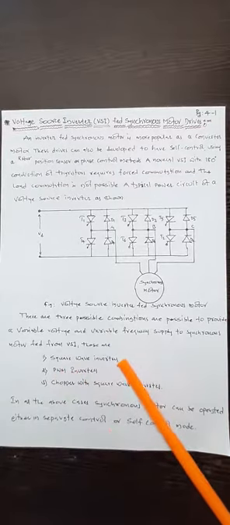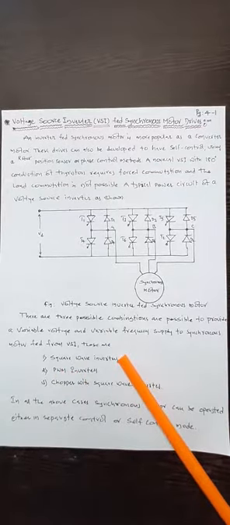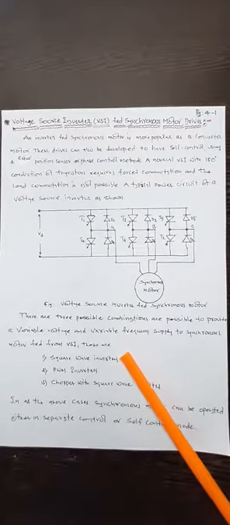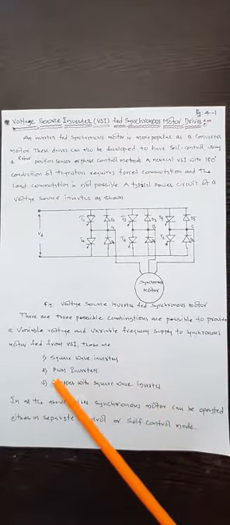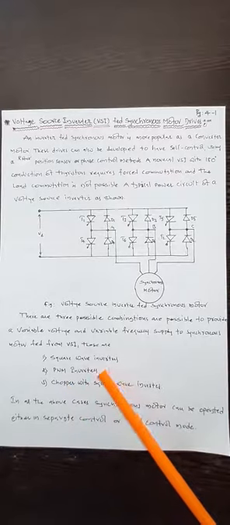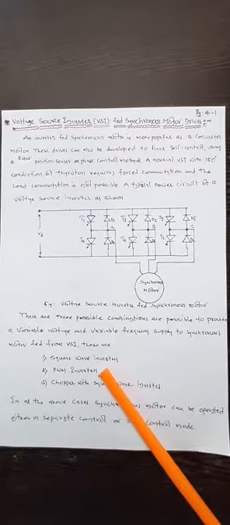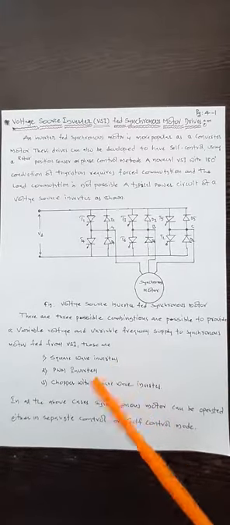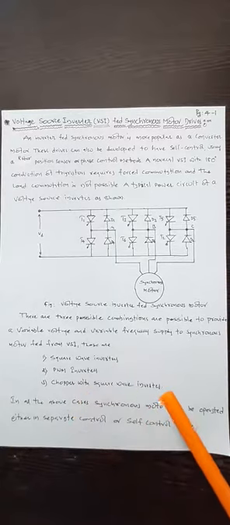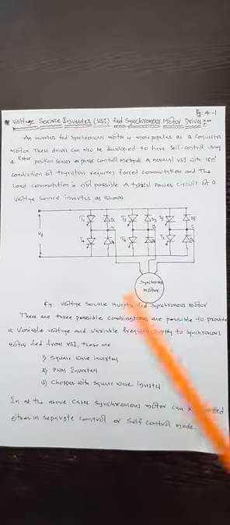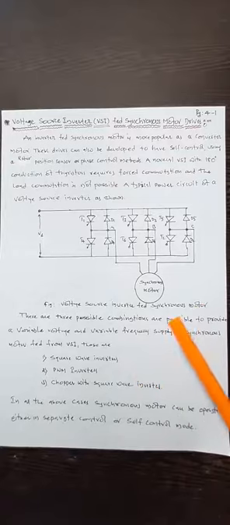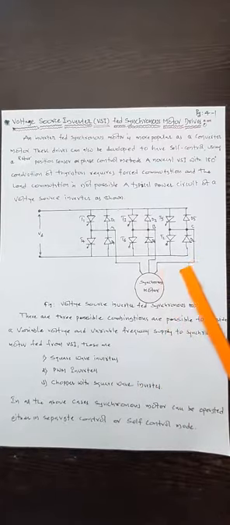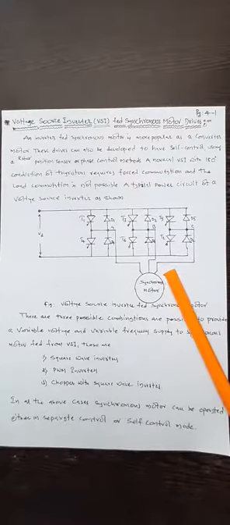One is the square wave inverter, also known as the stepped wave inverter. Another one is the PWM inverter, where, as you already know, the output voltage is split into a number of pulses for minimizing the harmonics. Another one is the chopper with square wave inverter. In all the above cases, the synchronous motor can be either separately controlled or self controlled. Separate control means open loop, self control means closed loop.